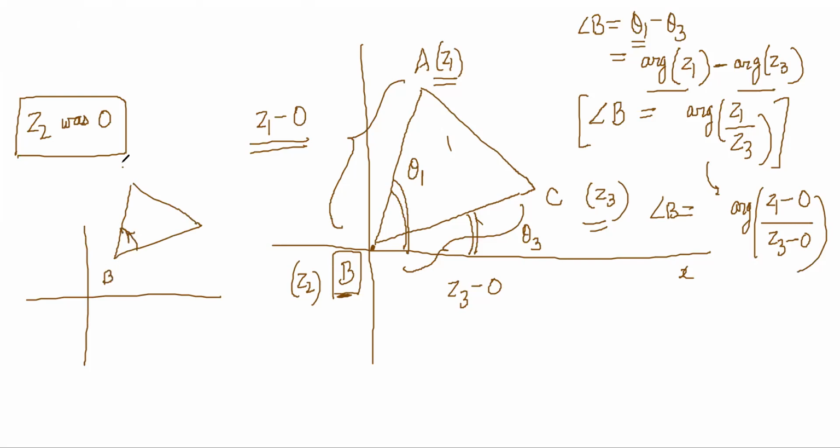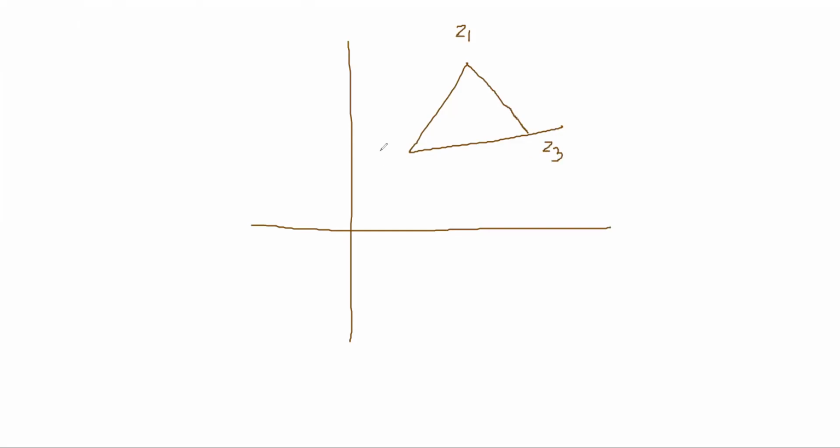This is my B and this is my A and this is my C, and this is Z1 and this is Z3 and this is Z2. Think of the anti-clockwise angle and think of these line segments, right? This line segment will make some angle theta 1, no? And this line segment will make an angle theta 3. Okay, I'll make a bigger figure. So this is my situation. This is Z1, this is Z3, this is Z2.